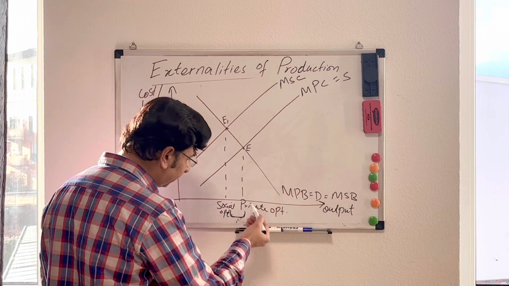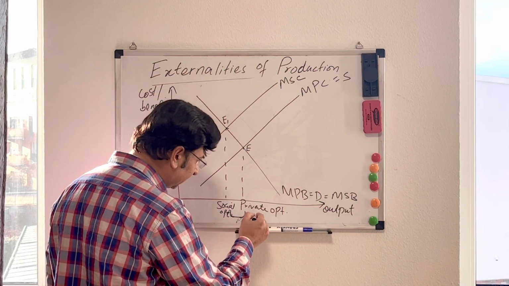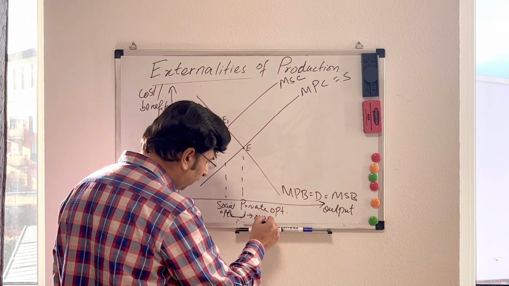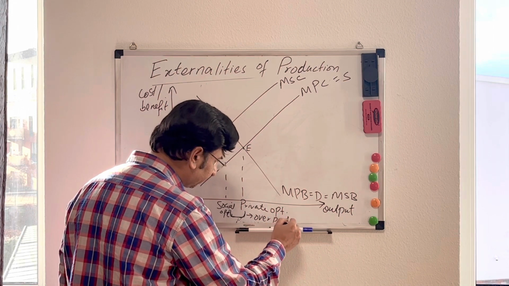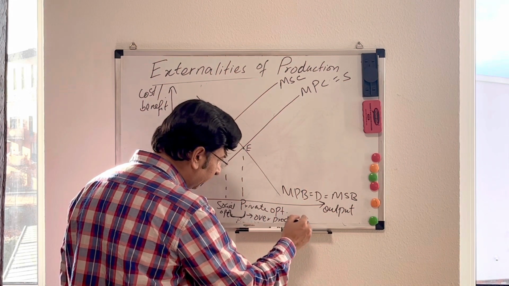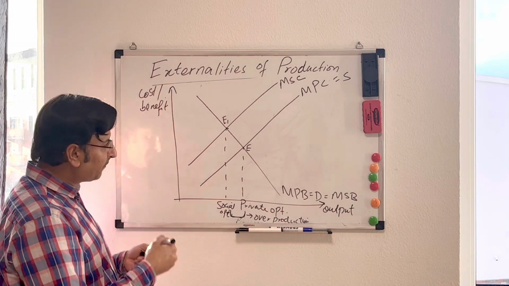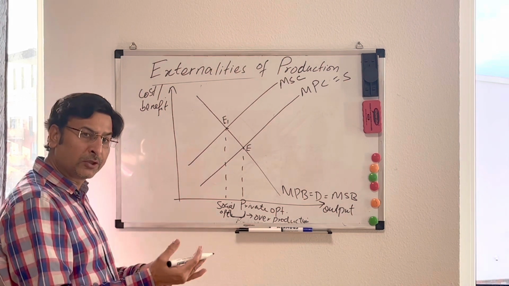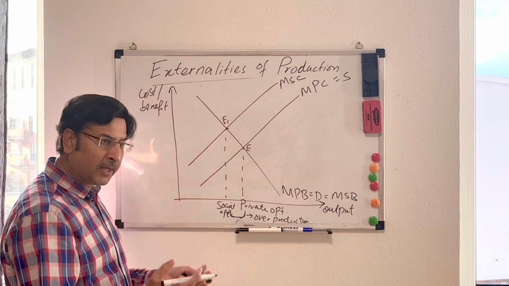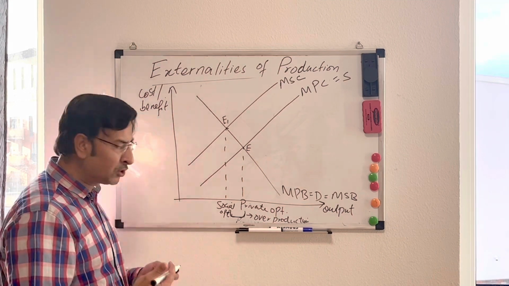And this gap, I don't have much space, so this gap is overproduction. And this overproduction has caused society to suffer more in the form of pollution or any other environmental damage, and